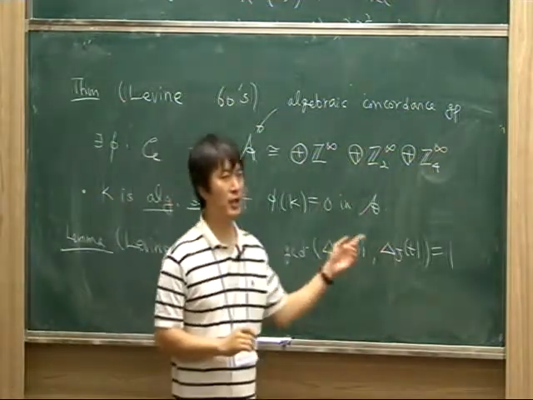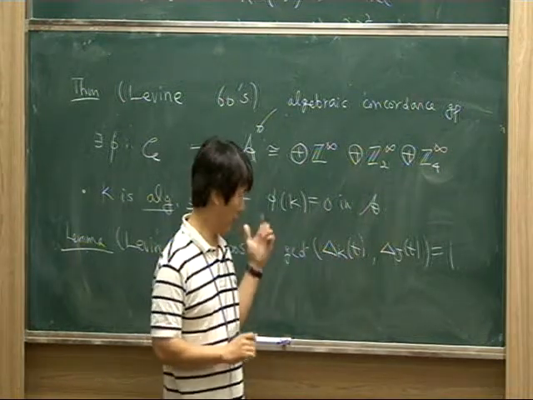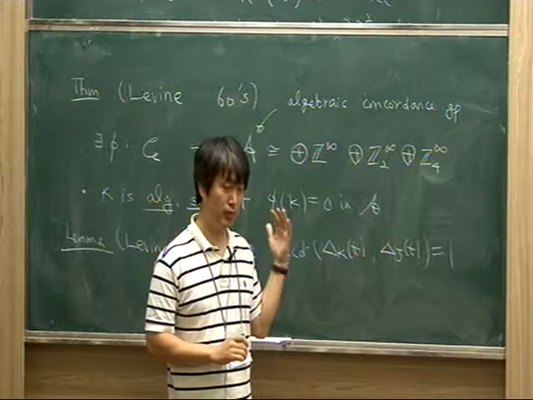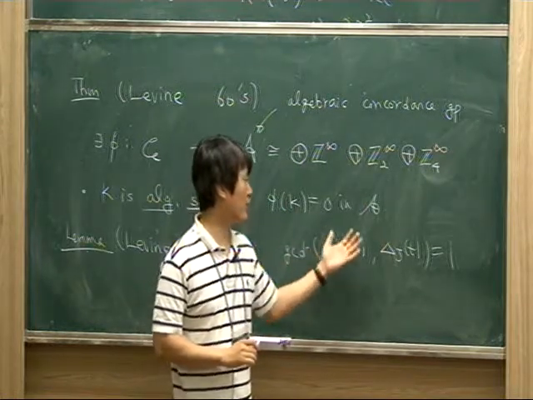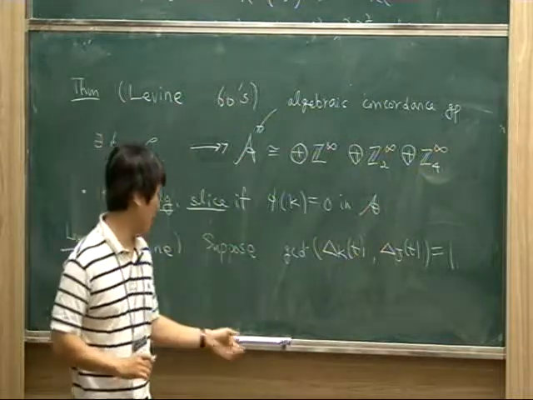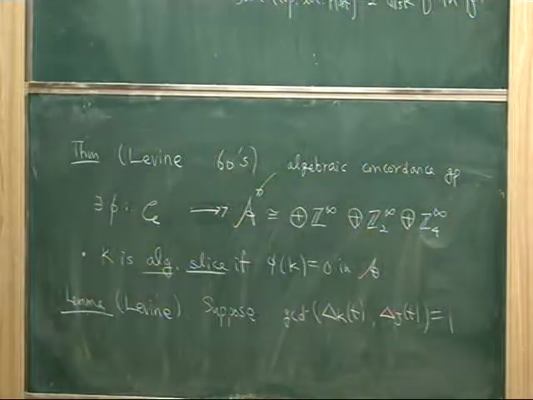These Alexander polynomials are elements in the Laurent polynomial ring, which is a principal ideal domain, so we can compute the greatest common divisor. And if two Alexander polynomials are coprime, mutually prime,